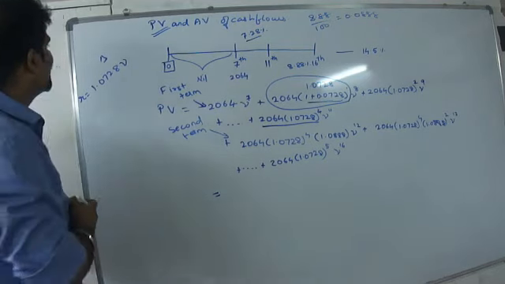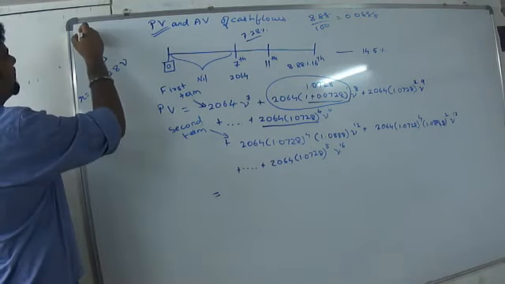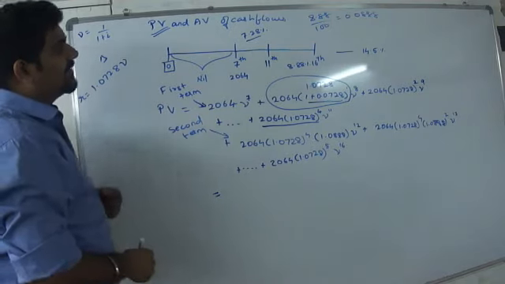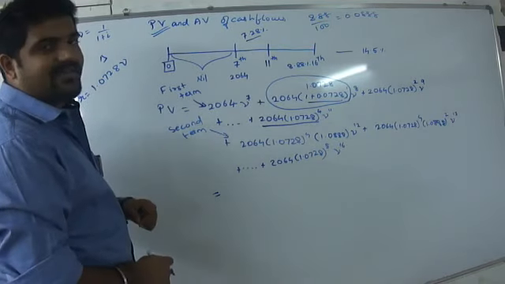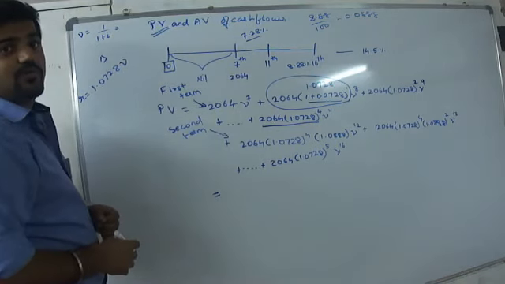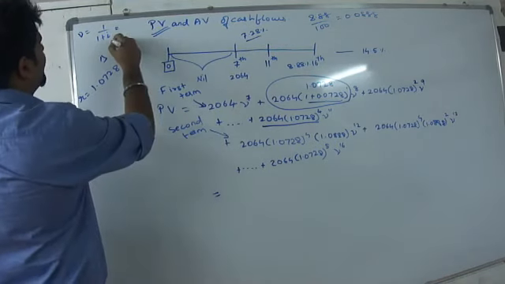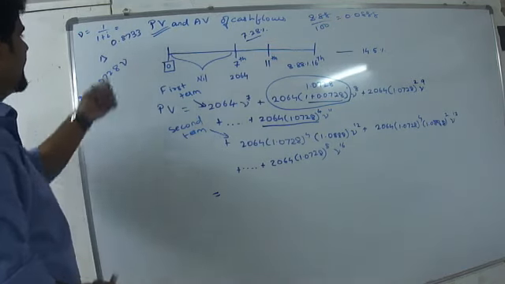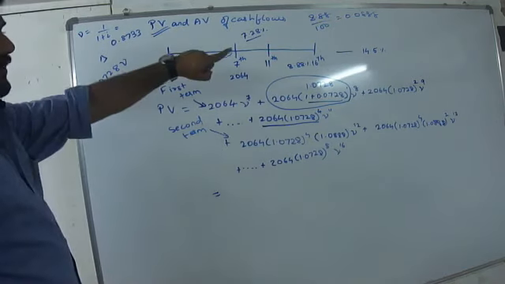What is the value of nu? We have nu is equal to 1 upon 1 plus i, where i is our 14.5%, that means 0.145. Discounting factor, if you use your calculators, you will be getting a value of 0.8733. You can put this value 1 upon 1 plus 0.145.